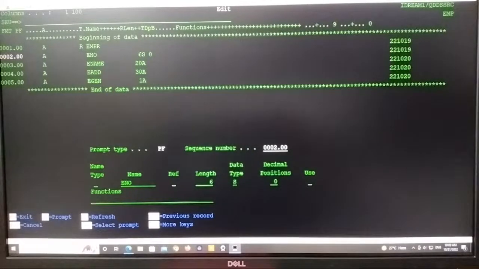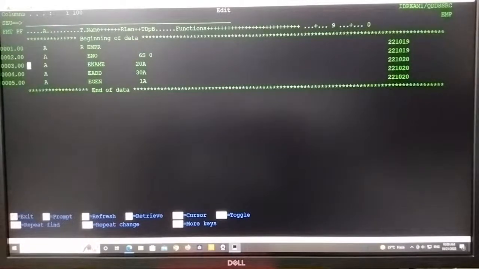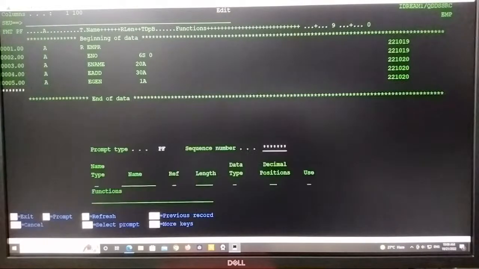We will put that value for a salary field. That is better. The range function is suitable for salary field. I will add one more field here, esal, as an employee salary, and it is a 6-digit field, and I don't want to have any spaces,